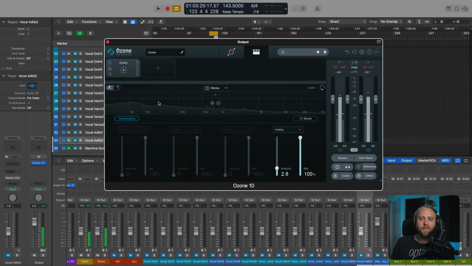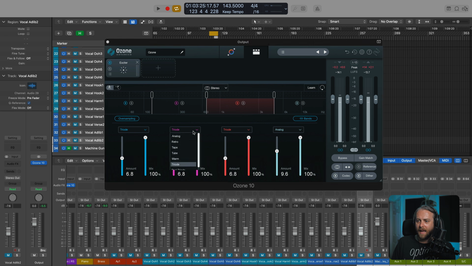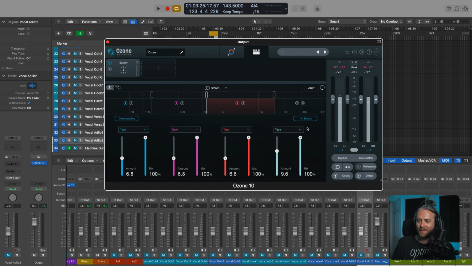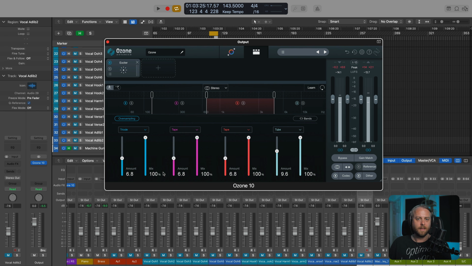Cool. So obviously you can mix and match here. You can bring the bands in and enable, link bands here and then bring things up. Everything comes up together. You can choose to have a tube sound at the very tippy top and then something like triode for the very bottom. It's all about experimenting and getting a sound that you like and then moving on from there.